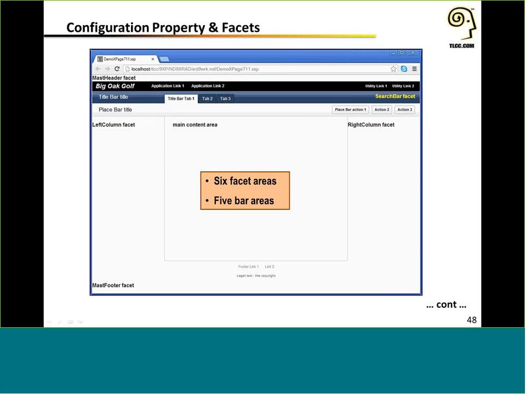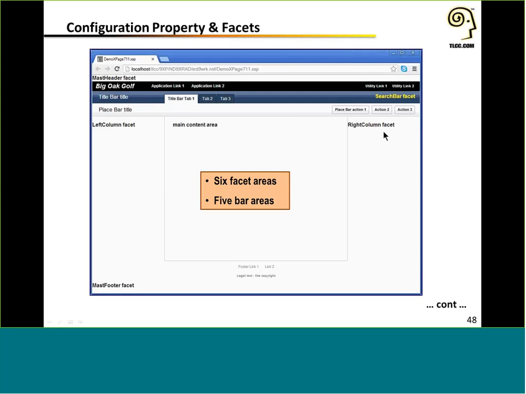Okay, back to our discussion on facets and a couple of slides here. So the application layout control has 6 facet areas and 5 bar areas. So facet areas for defining content in your left column, typically some sort of navigation within the application. The main content area, that's a facet.